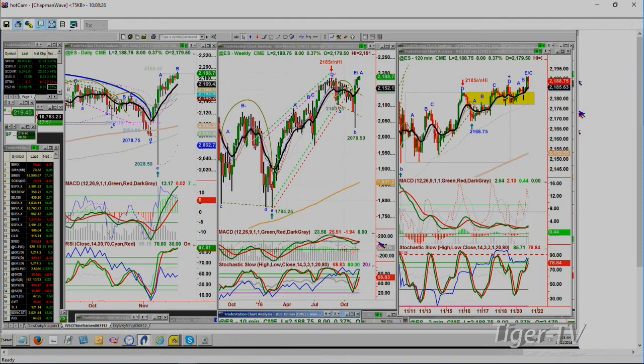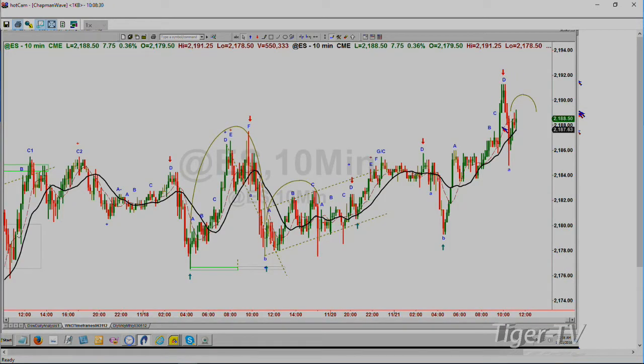The 120-minute chart leads to the shorter term, a 10-minute chart, and that made a peak D. Remember, we talk about Ds all the time in the Chapman wave. What is that methodology all about? It says from an identifiable low bar, you should get at least a peak D to the upside. Look, we've got one little D there, got a D, and then it goes E, F. Then you've got another peak D right there, another one right there going to D, pulls back, and now you've